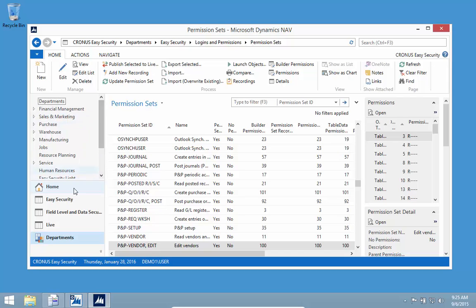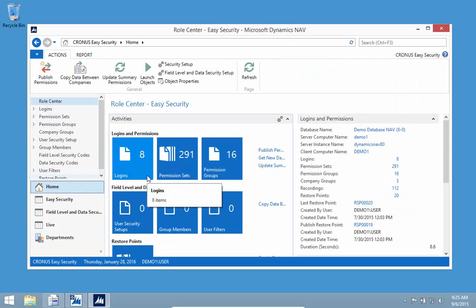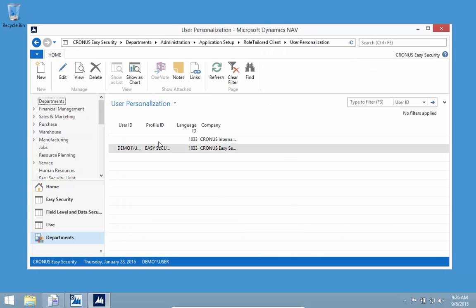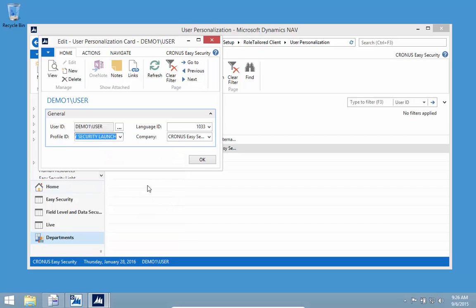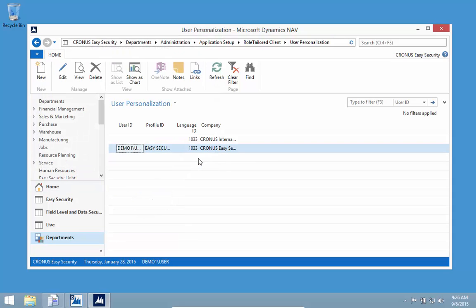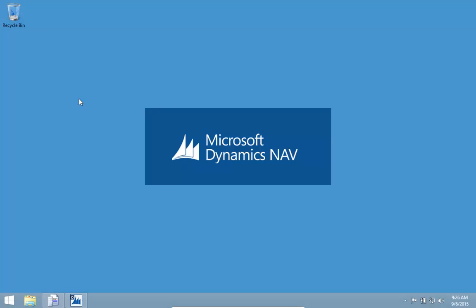As I opened up my role center in here, I have the Easy Security one, and it reads a very minimum of data in here. But we actually also have one that is intended for recording that reads even less than this one. So if I go to my user personalization, so I have my user, and currently it's using the Easy Security one, but we have one that is actually called Easy Security Launch in here, and it's even less permissions in here. So if I now go and close NAV and open it again, I'll see that I have a very limited